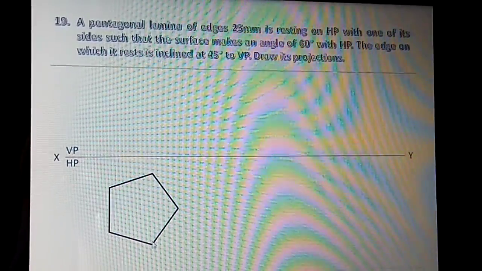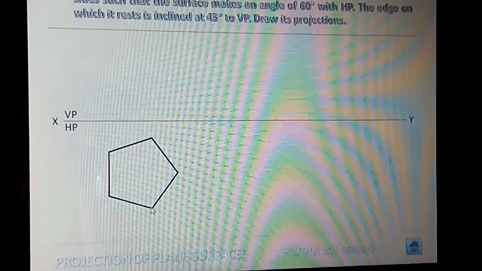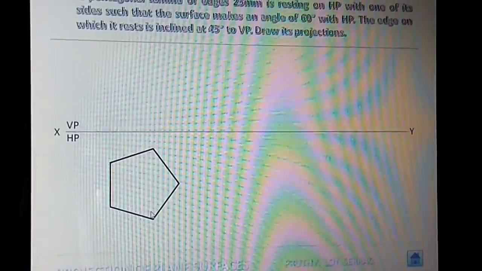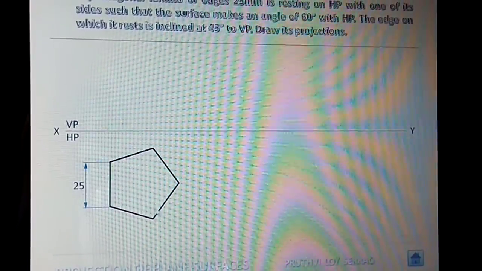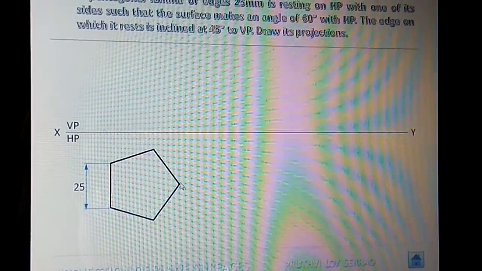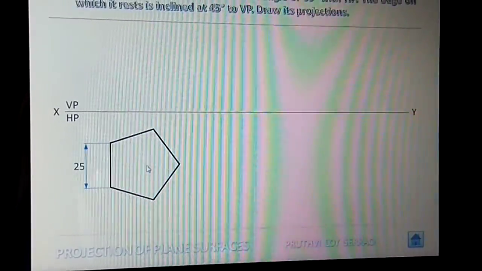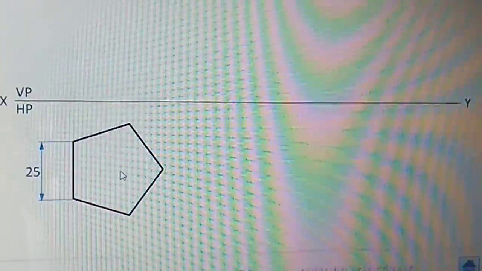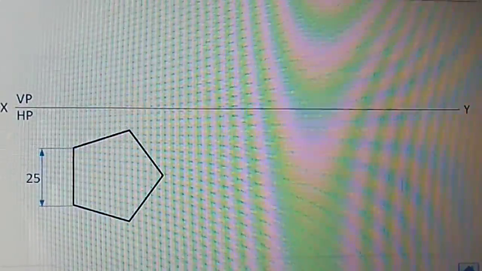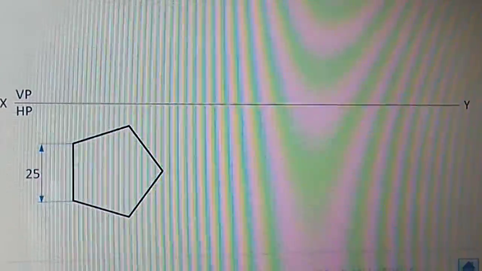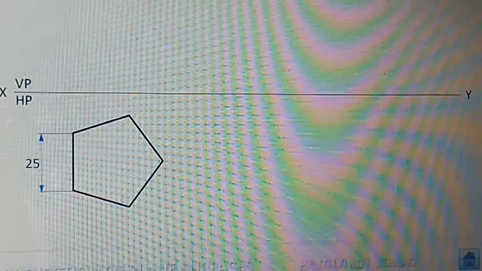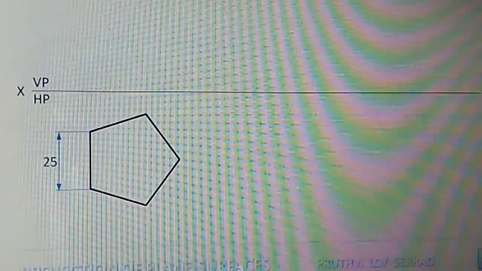Again from this end, you maintain the included angle of 108 degrees. Again you draw the third side, similarly the fourth side and fifth side. Likewise we are going to draw the pentagon. Now it is the complete pentagon of 5 sides and 5 included angles.